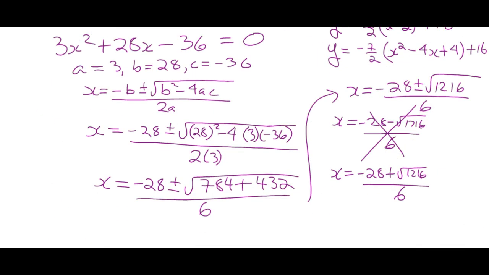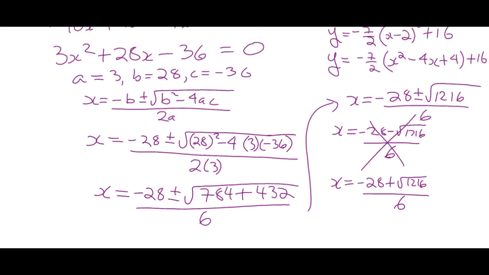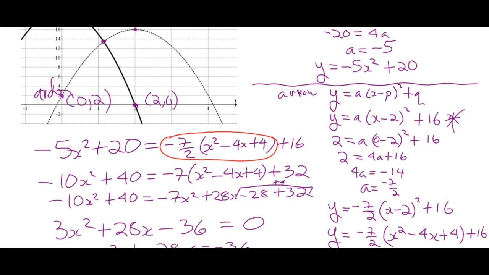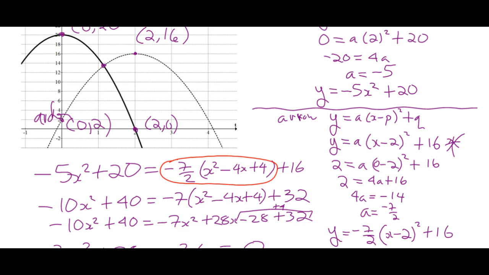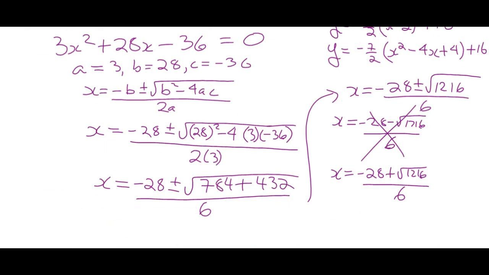Okay, so let's just work that out as a decimal. Plug that into, what's an easy one? We just need a y equals. Plug that into here, right? Y equals negative 5x squared plus 20. So work this out. Use calculator. Okay, plug x in, y equals negative 5x squared plus 20, and you get y equals,